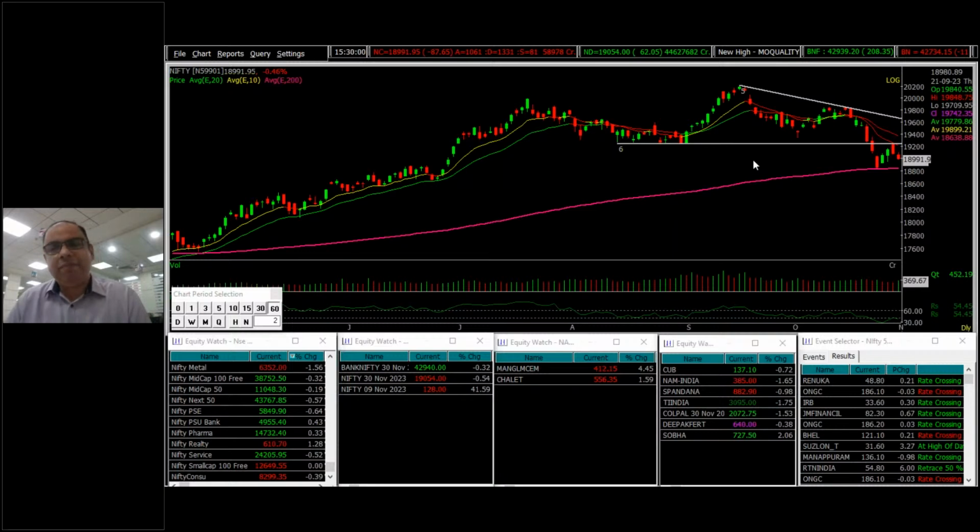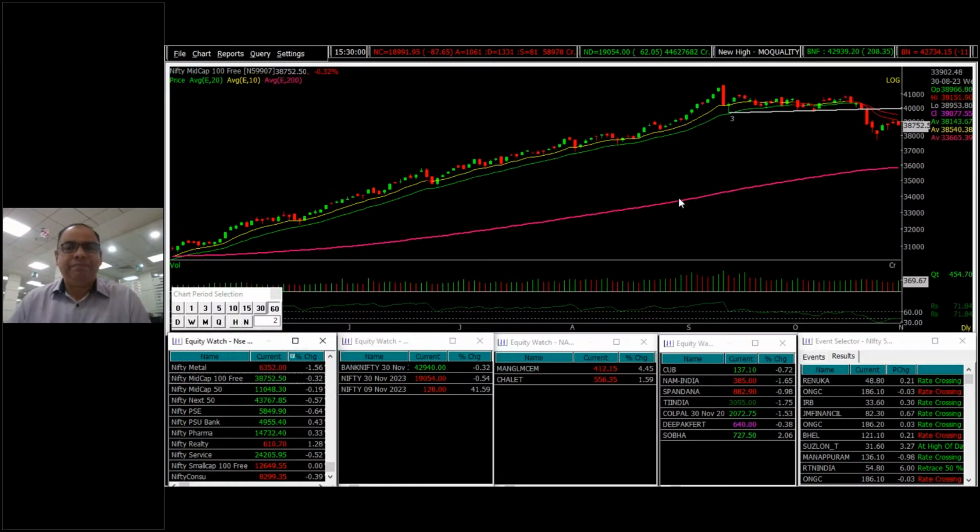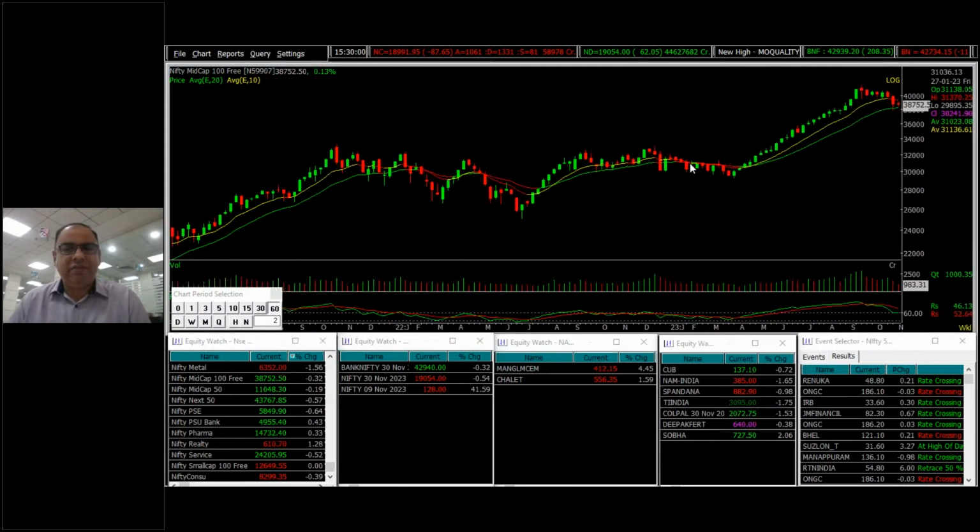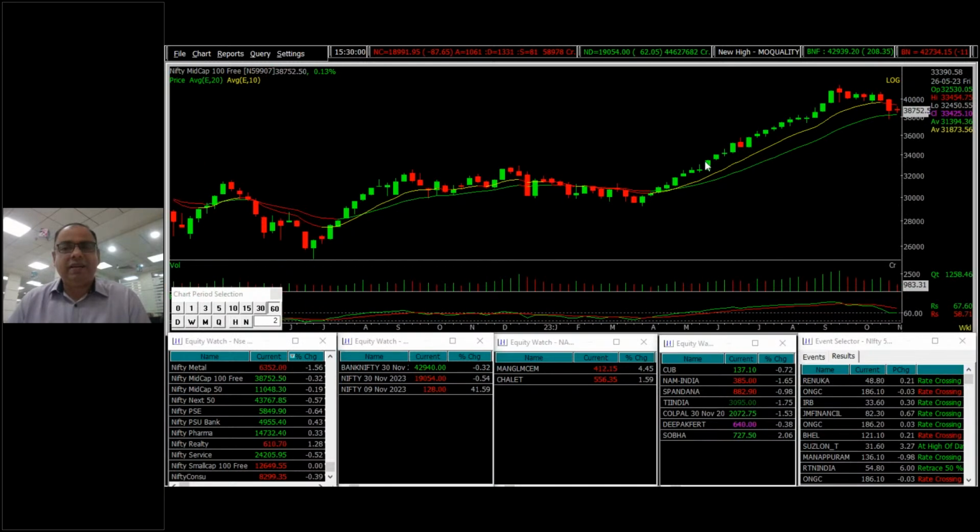bounces. The confirmation of an upside bounce, we will call that, and we will give the upside target subsequently. Now we'll see the broader market. If you look at the mid cap after the bounce, it has shifted into a consolidation pattern in the last couple of weeks. The weekly chart pattern is not that positive, but the mid cap on the weekly chart is placed at the support of the 20-week EMA, which is very important. Recently it has taken support, and after such sharp upside momentum over the last 6-7 months, the broader market